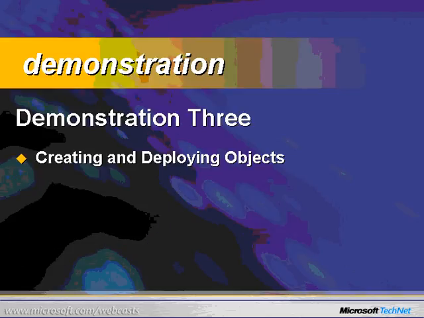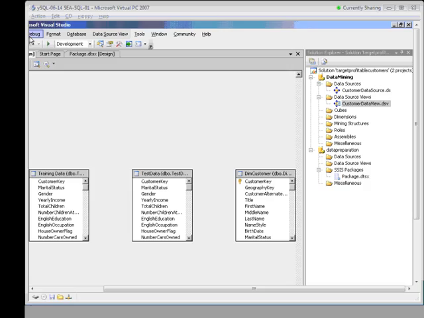So let's get back to our demonstrations. Let's go back to my sample environment that we had. So we're going to click on that. Again, remember F5 will bring you up to full screen of what I've got going on here. In our previous demonstrations, we prepared and sampled our data. Then we created an Analysis Services project. Now we're ready to do our actual data mining.